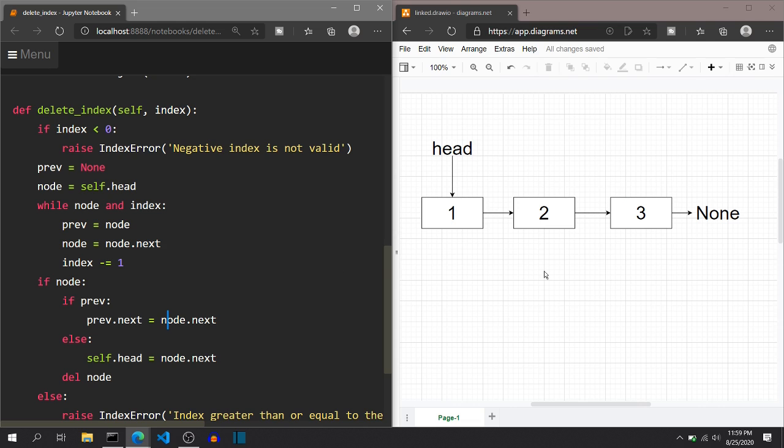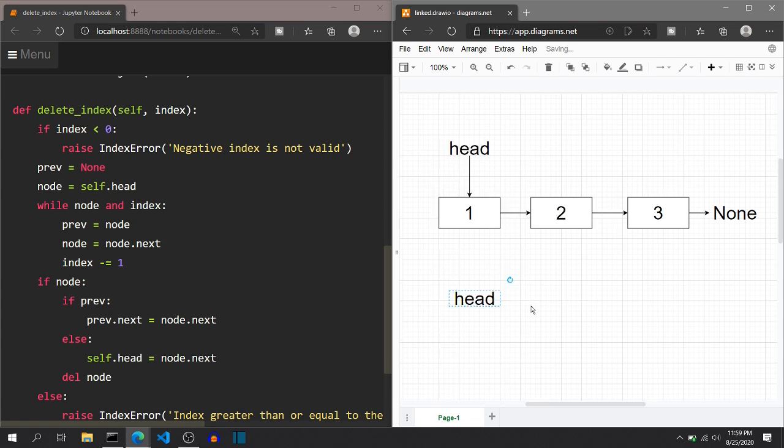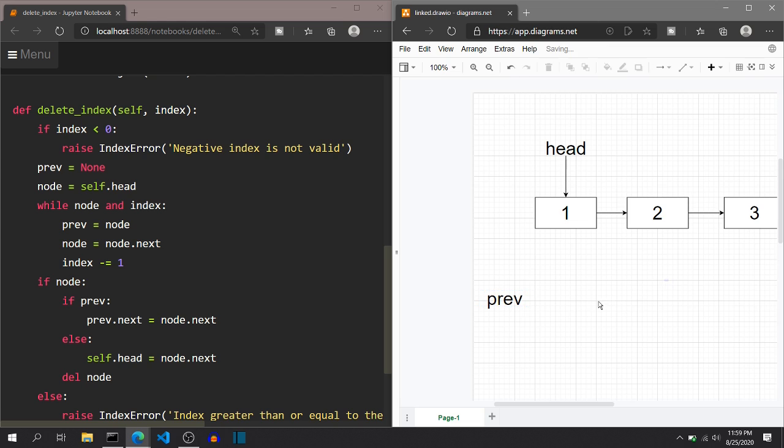Now suppose we pass an index in non-boundary case. Suppose we pass an index of 1, that is we want to delete node 2. So index 1 will be passed, previous will be set to none. So like this, I will denote a none value by pointing to nothing.